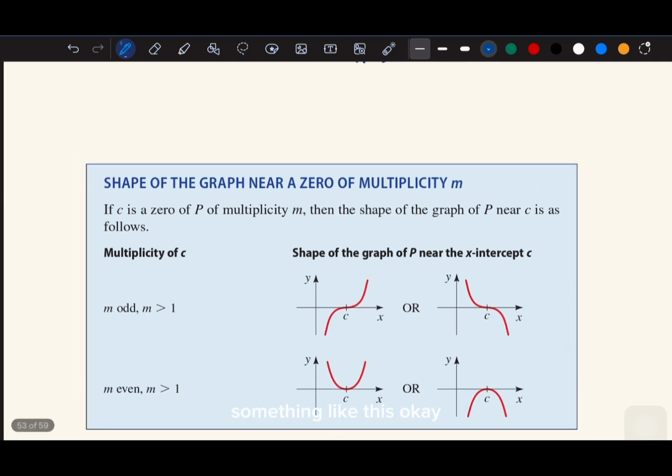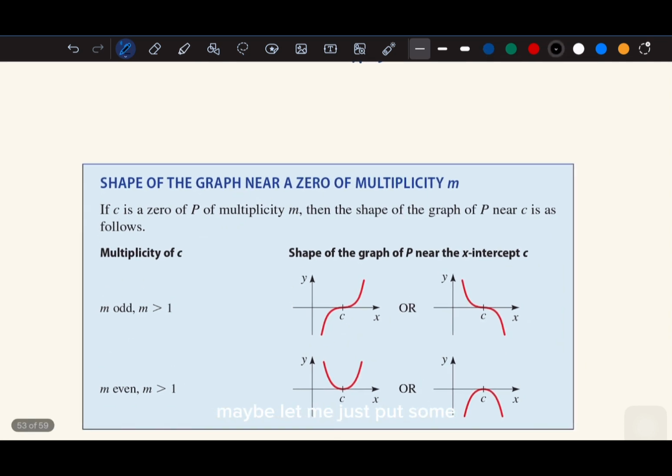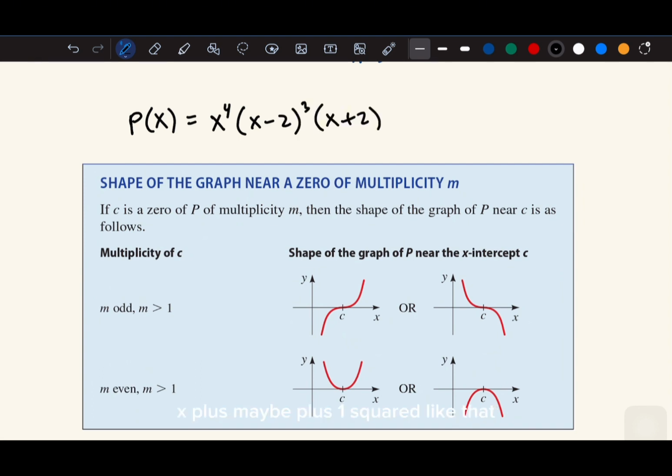something like this. Okay, maybe let me just put some example here. You will have x with power of 4, and then multiply with x minus 2 with power of 3, multiply x plus 1 squared, like that. The numbers 4, 3, and 2 describe the multiplicity. We get it from